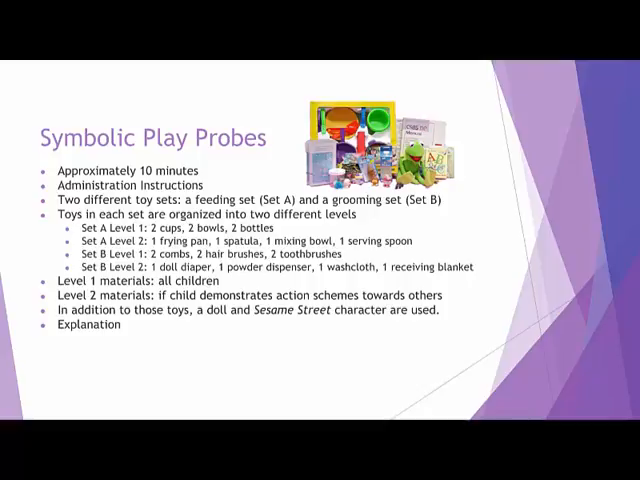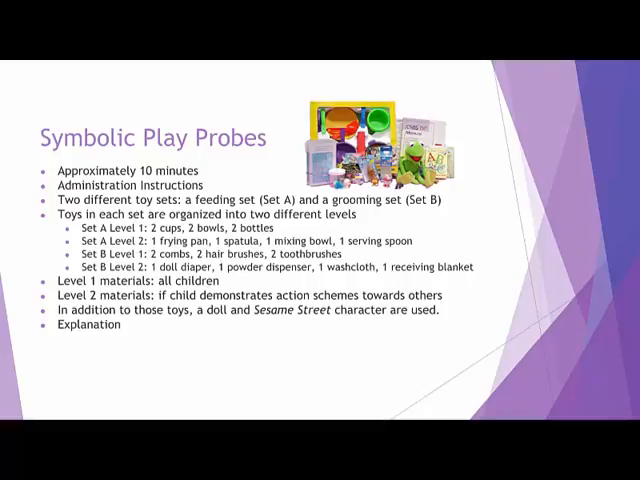There are prompts to be used if the child does not demonstrate action schemes towards the agent. If the child does demonstrate the action schemes, then the evaluator will add toy set A Level 2 or set B Level 2, depending on what they chose, and allow the child to play for a few more minutes. After the child plays with that set for approximately 5 minutes, the evaluator will probe for the use of sophisticated symbolic play by first giving verbal instructions such as,